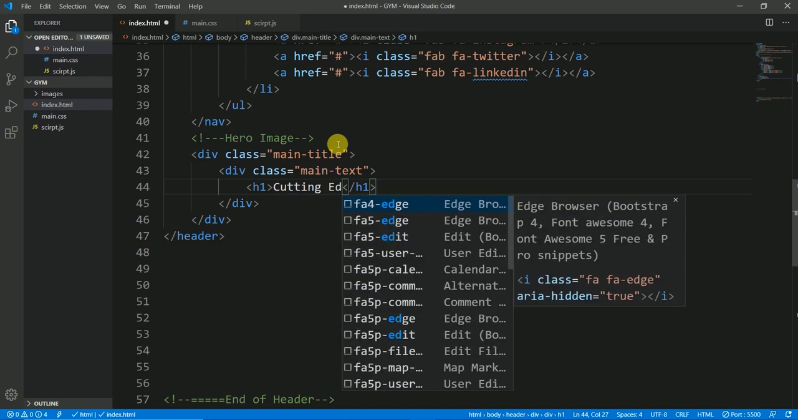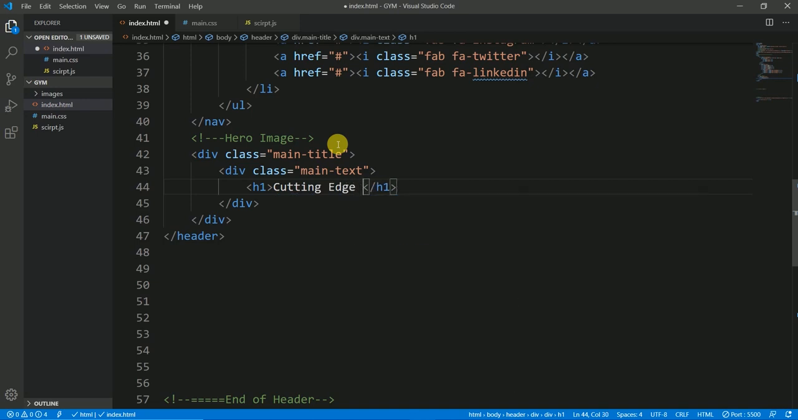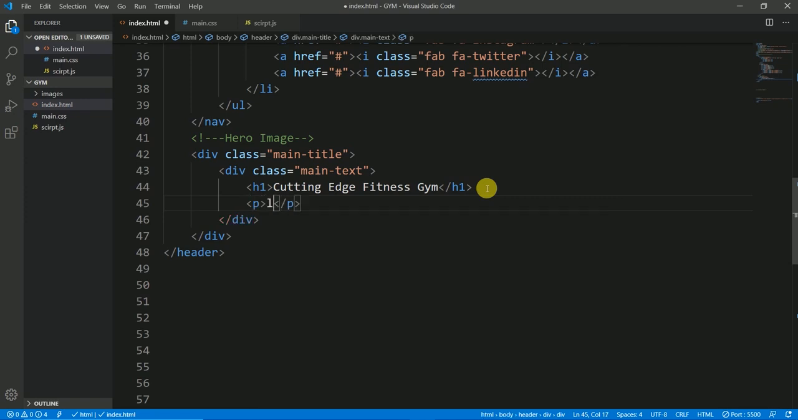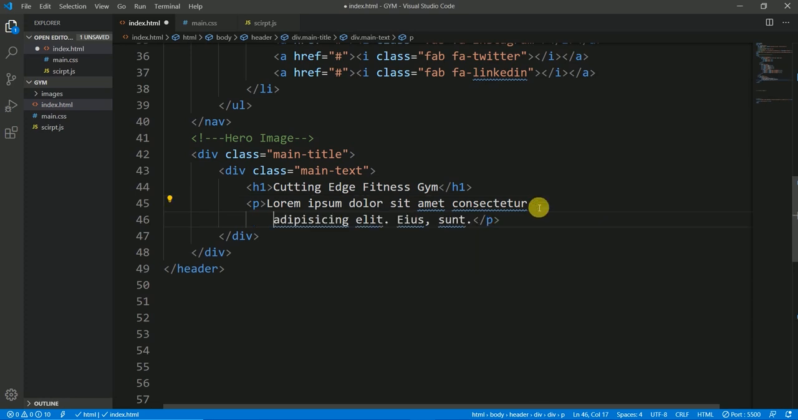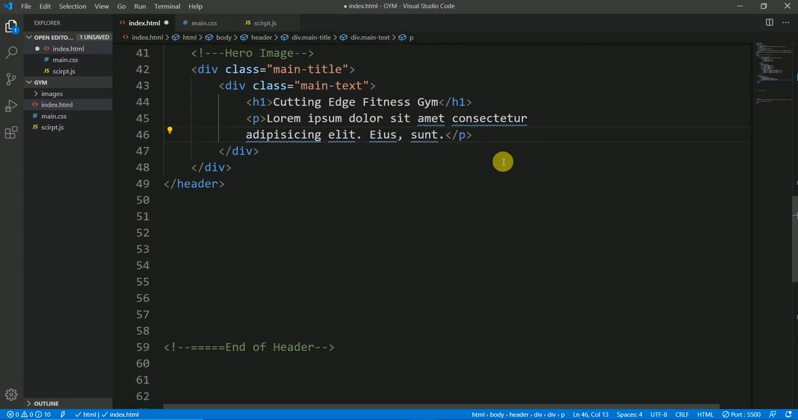and the heading 1 would be cutting edge fitness gym, and I want to have a paragraph here of 10 words, could be. Let me bring it here to make it visible for you guys. Okay,